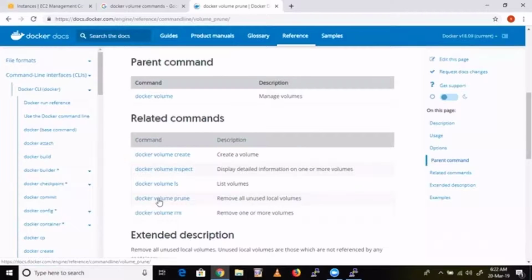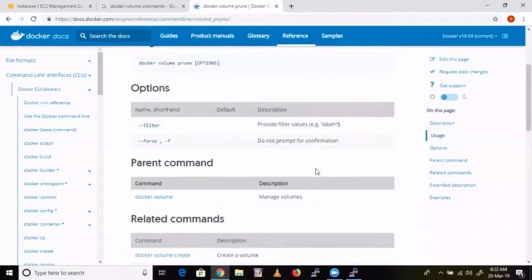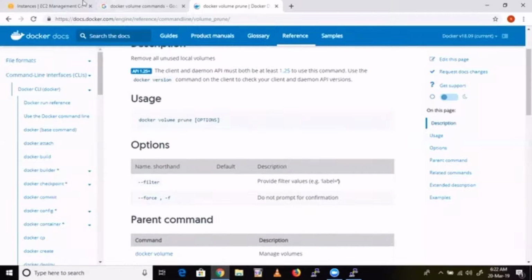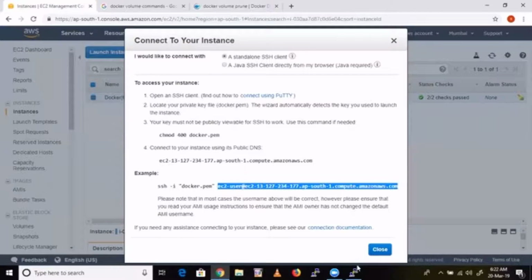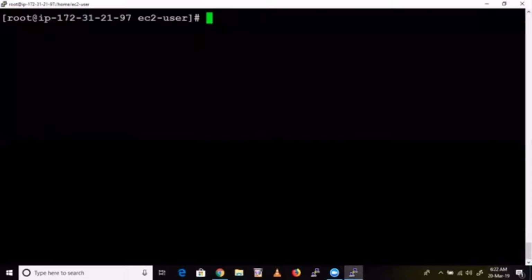Docker volume prune removes all unused local volumes. Docker volume rm removes one or more volumes. Okay. Thank you. You can give -f to do it forcefully. Right. Okay. Now, coming to the next topic.